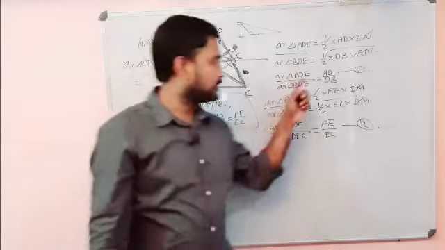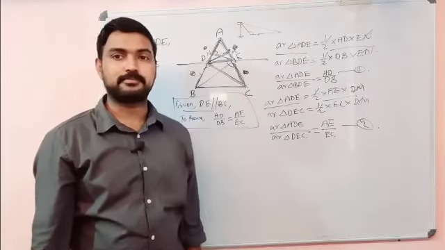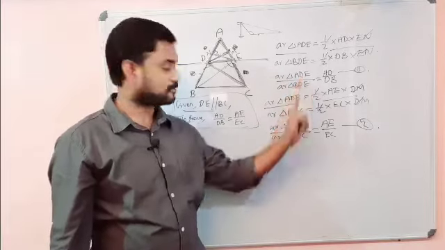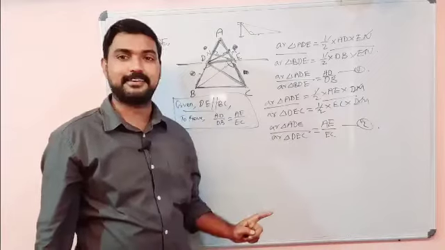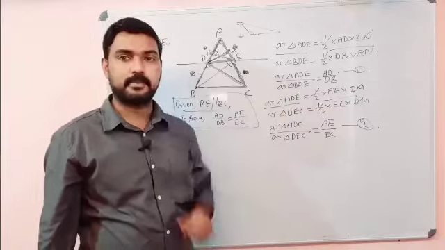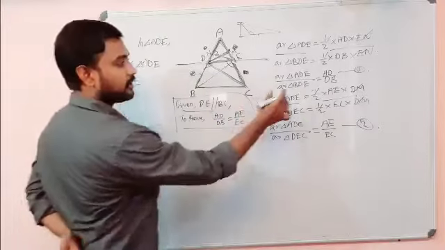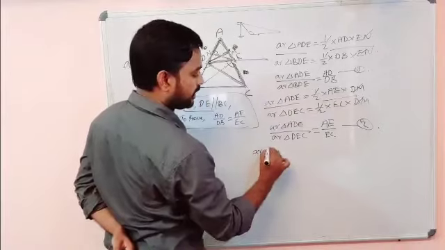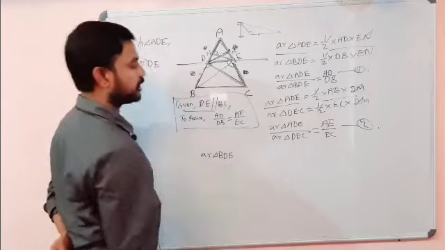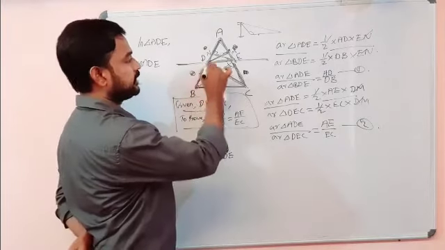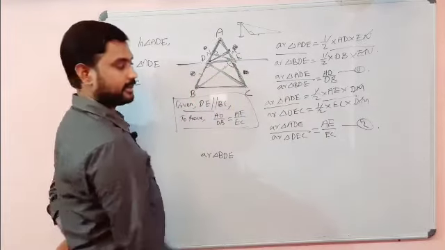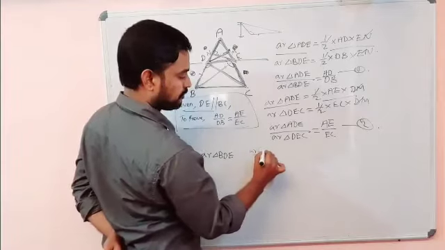Now we can observe equation number 1 and equation number 2. On the left side, here it is the area of triangle ADE, here also the area of triangle ADE. But here it is the area of triangle BDE and here it is DEC. So what are the different values? The area of triangle BDE, we can observe B is here, D is here, E is here. So BDE. The next triangle is the area of triangle DEC.